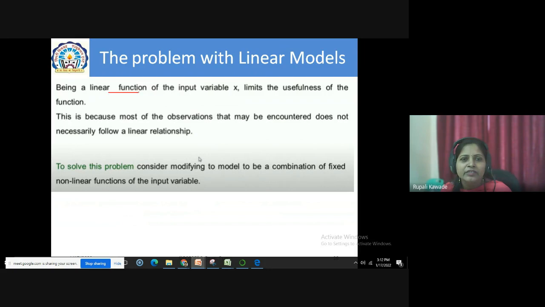Being a linear function limits the usefulness of the model, because most of the observations that may be encountered do not necessarily follow a linear relationship. We have seen linear models like least squares and KNN to predict something, but it is not always the case that the relationship between the two variables is linear. Sometimes there can be a non-linear structure also. So to solve this problem,